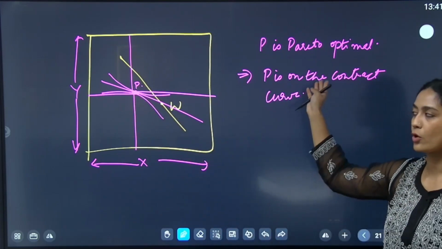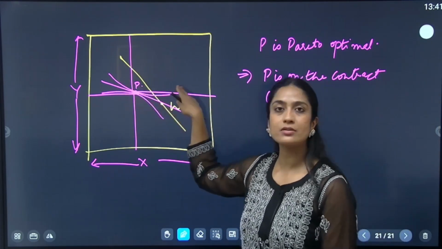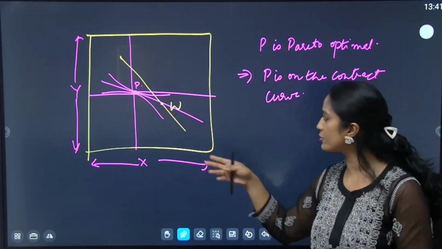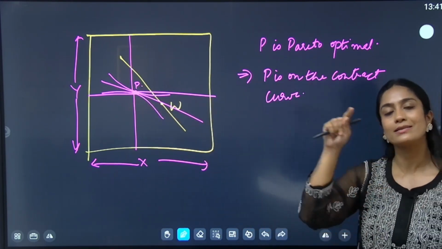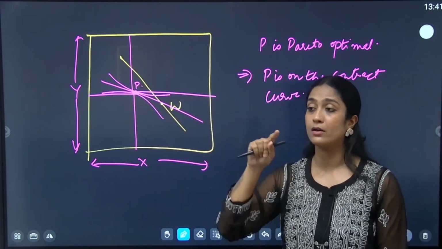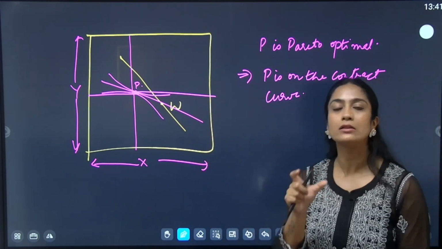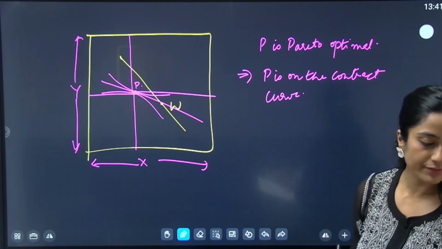Of course it will lie on the contract curve because we already established that the ICs are tangent to each other. They are tangent to the budget line, but they're also tangent to each other, which means that this point does lie on the contract curve. But within the contract curve also, it does lie in the core itself. Okay. So what we have is that